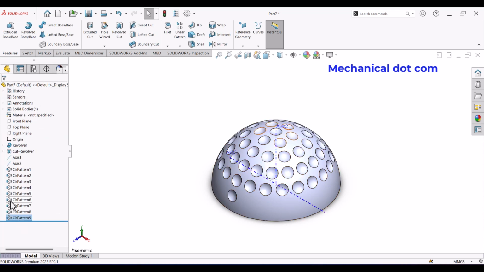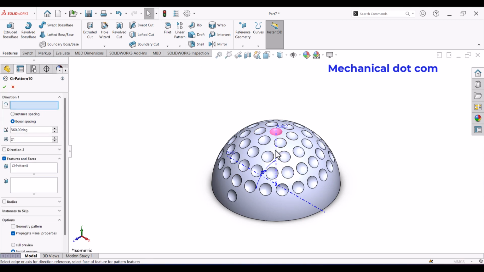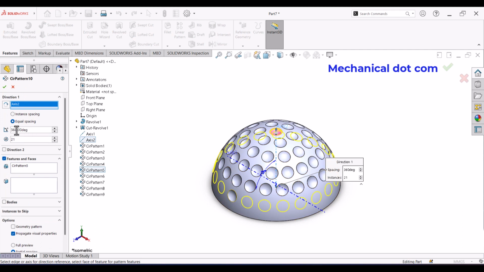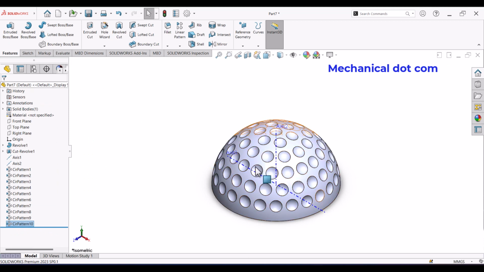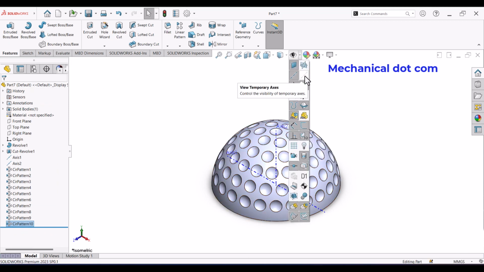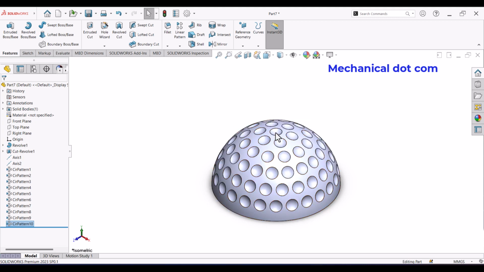Now for the last one, circular pattern 5. Select the circular pattern, choose the vertical axis, angle is same, but the number of patterns is 24. Press OK. See, we have made all the patterns. Now hide the axis, so we will go here and press this one. See, the axis is hide now.